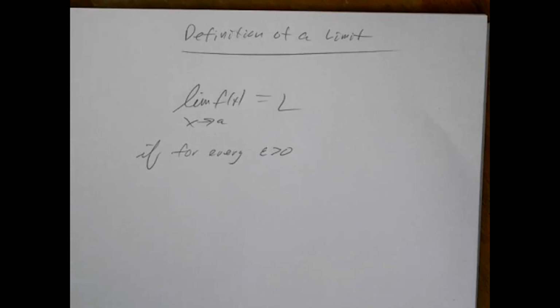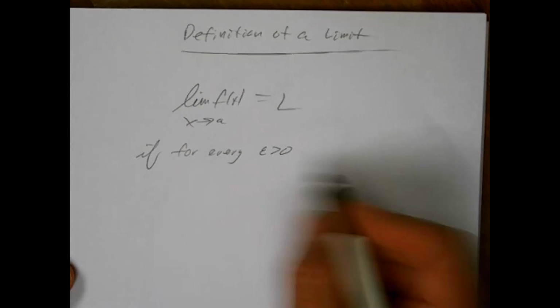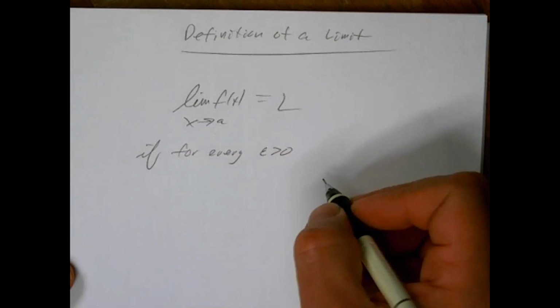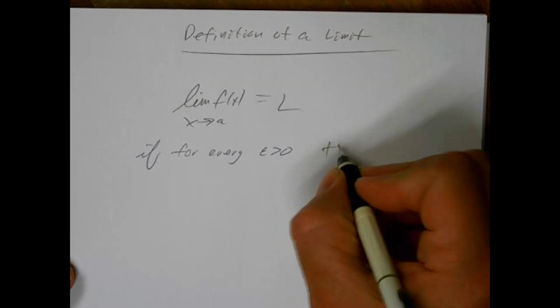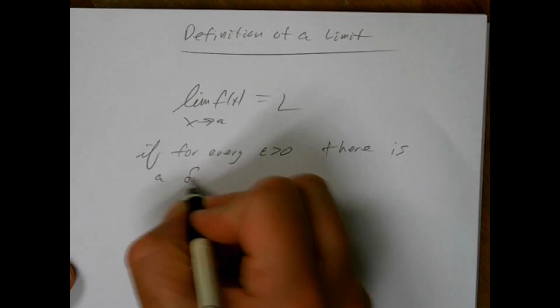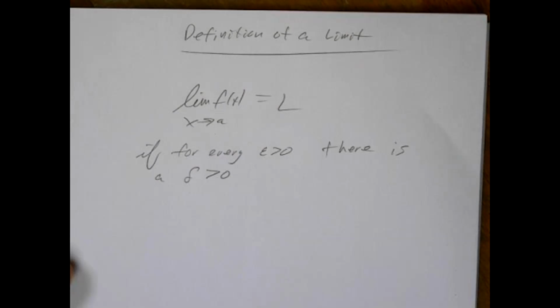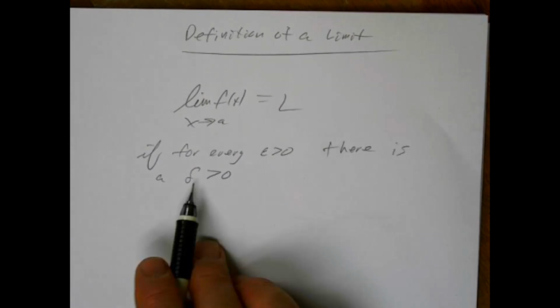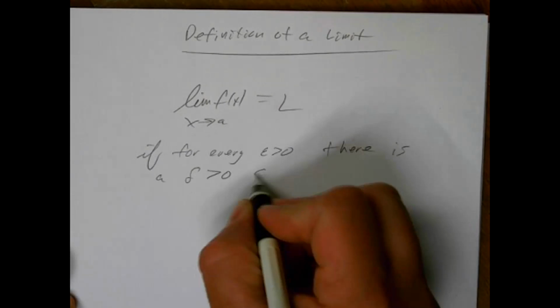So we're talking about an arbitrary positive number. So for every epsilon greater than 0, for every positive number that you may choose, there is a delta greater than 0. So basically, so far, what they've said is that for any positive number that you choose, there's another positive number such that